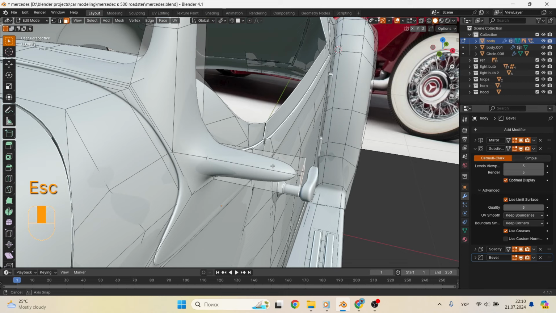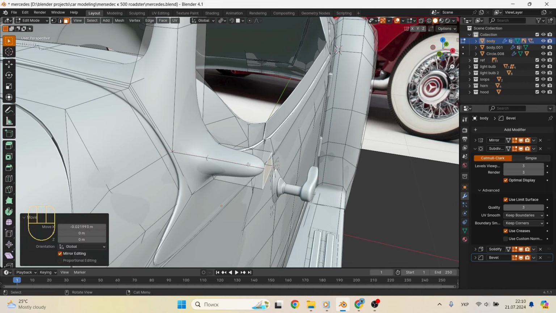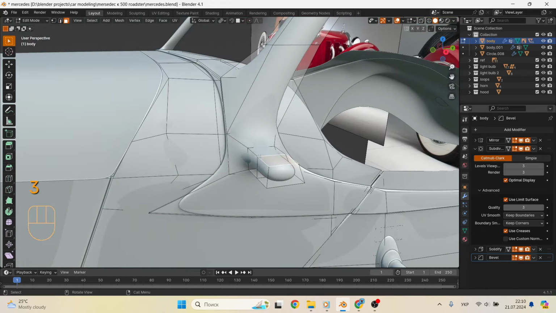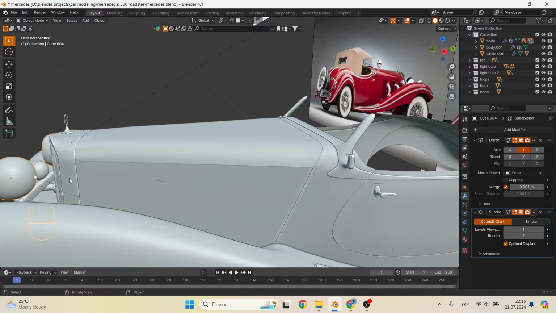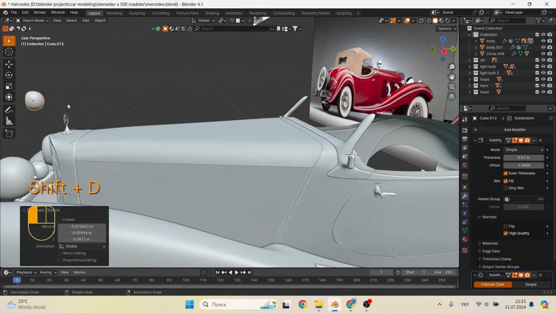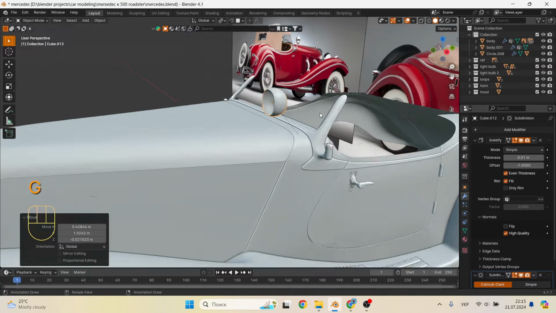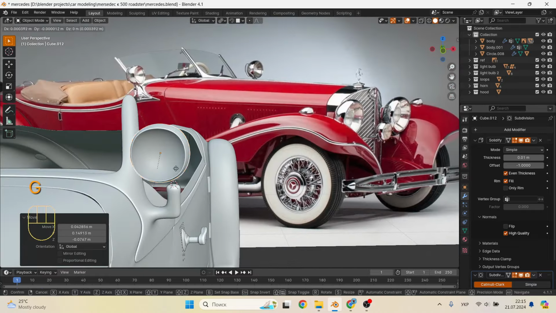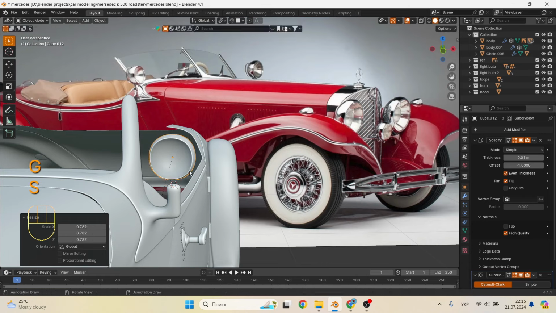Now we select both of them, the face and the loop cut, and reduce the diameter. You can shorten the mount a little. And now we add another loop cut, which gives us the ability to select the top face and extrude it up along the Z-axis. Now we can take the body from the front headlight, copy it and move it to our mount. Now we need to make a kind of adapter mount for the headlight.